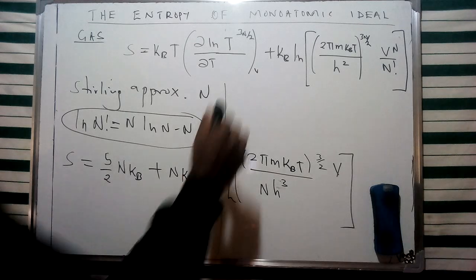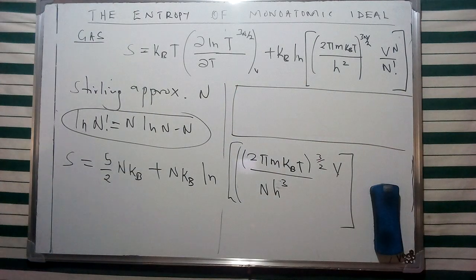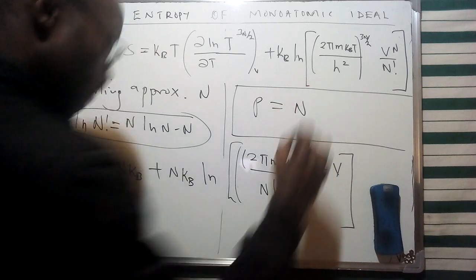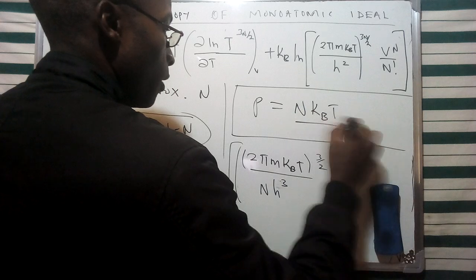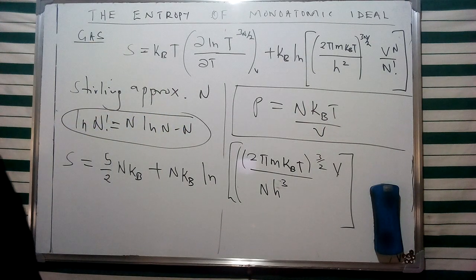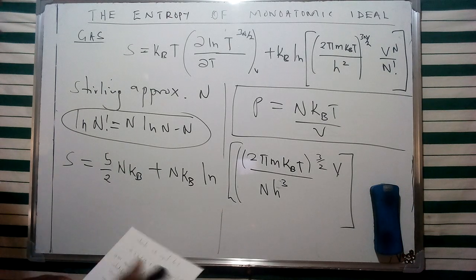Now, from the concept of ideal pressure that we derived in our previous video, I mentioned that we are going to represent pressure in terms of the partition function, whereby for pressure for a monoatomic gas, I said that P is given as N kB T times 1 over V. So we're going to do a substitution for this specific aspect of pressure, and this is going to give us a version of the equation represented in terms of